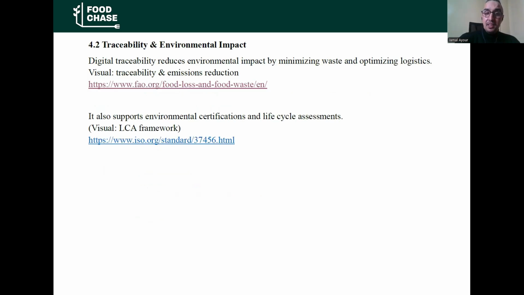About traceability, there is a relation to environmental impact. The objective is to protect and to minimize the impact on the environment. Digital traceability reduces the environmental impact by minimizing waste and optimizing logistics.